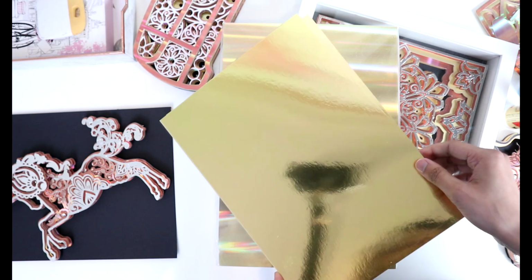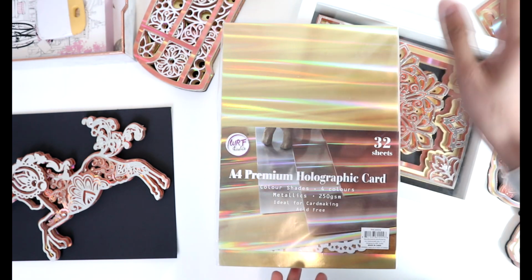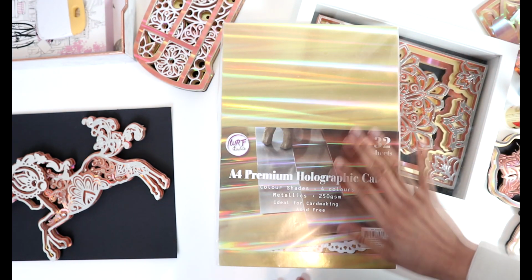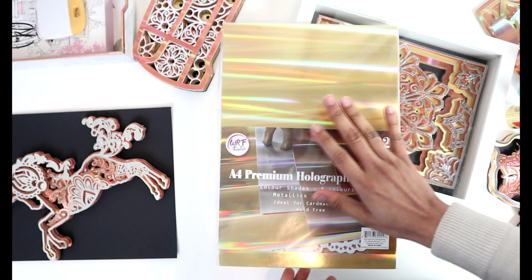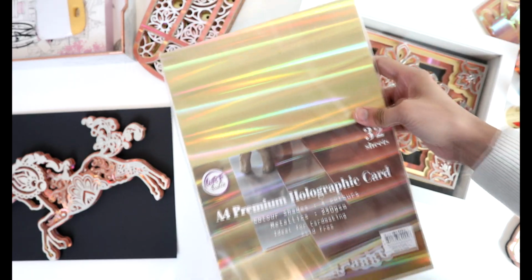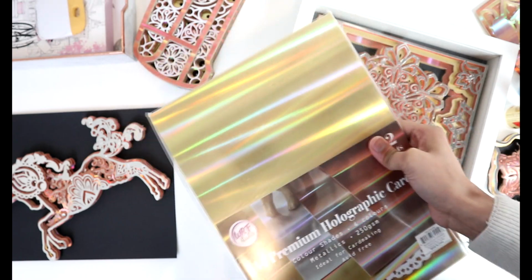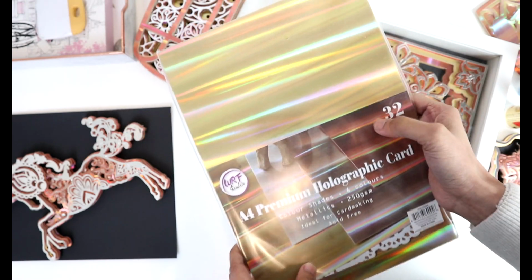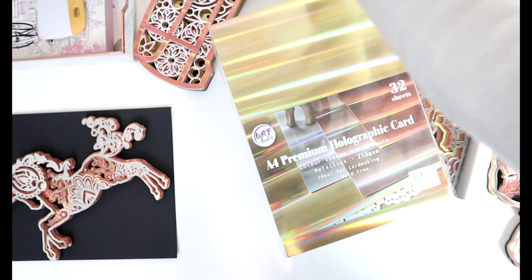Unfortunately, I used them all because I only bought like 2 packs of those because I didn't know I was going to use so many of them. And the shop is also out of stock, so they only have these remaining, and I got like 4 to 5 bundles of these. There are like 32 sheets, 4 different colors, and I love using them. They're 250 GSM, pretty thick, which is perfect for creating these layered